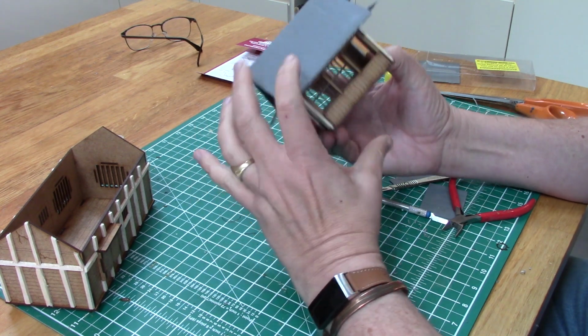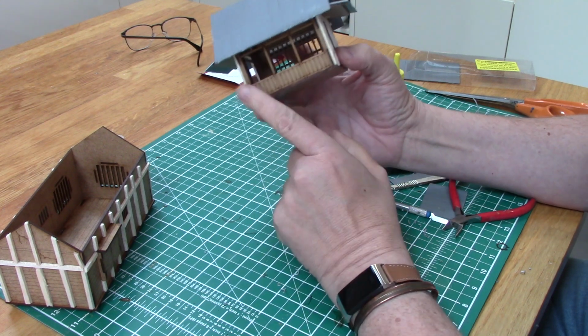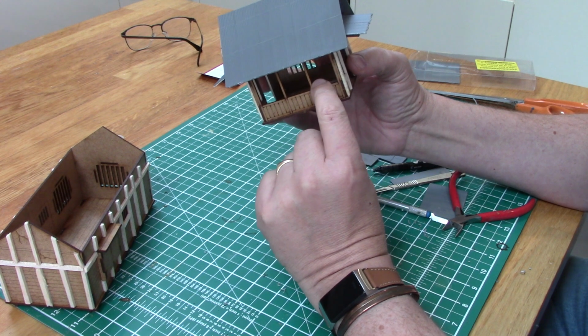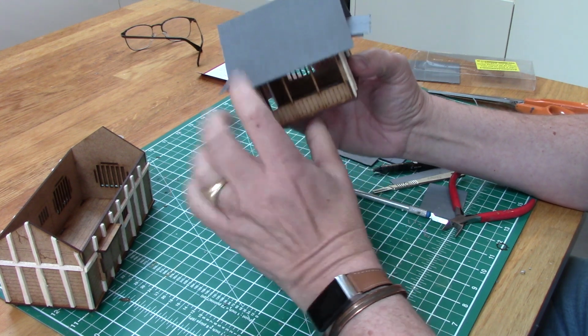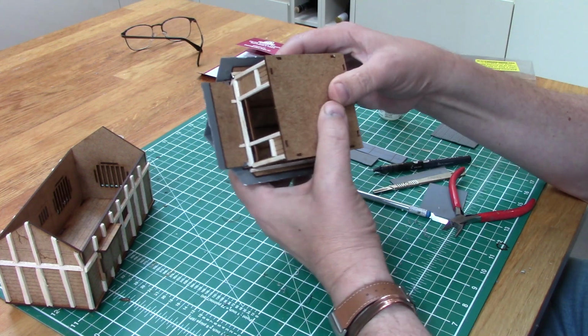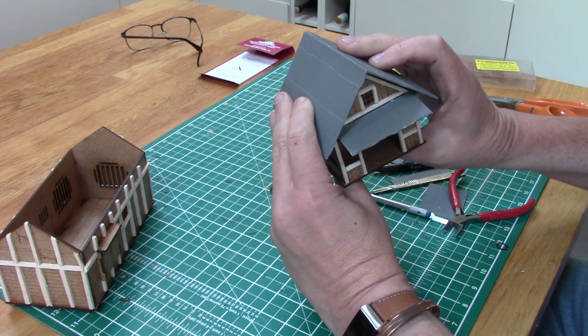And there we have it. This is our Burmese roadside shop. You can see where the goods can be displayed, and what I'm going to do is put a little bench in there on which we're going to have some goods lined up. But you can see where, if we show you underneath, we've extended the roof all round to deal with those